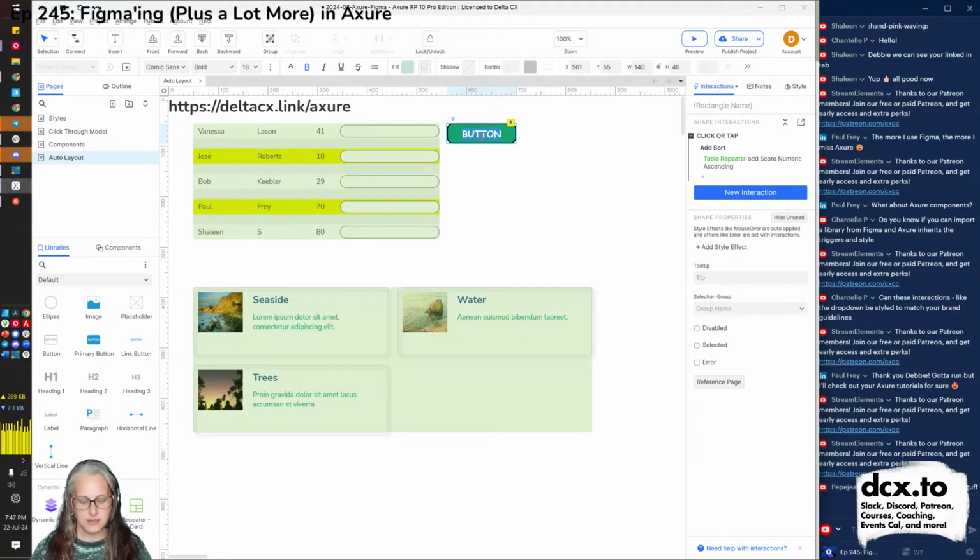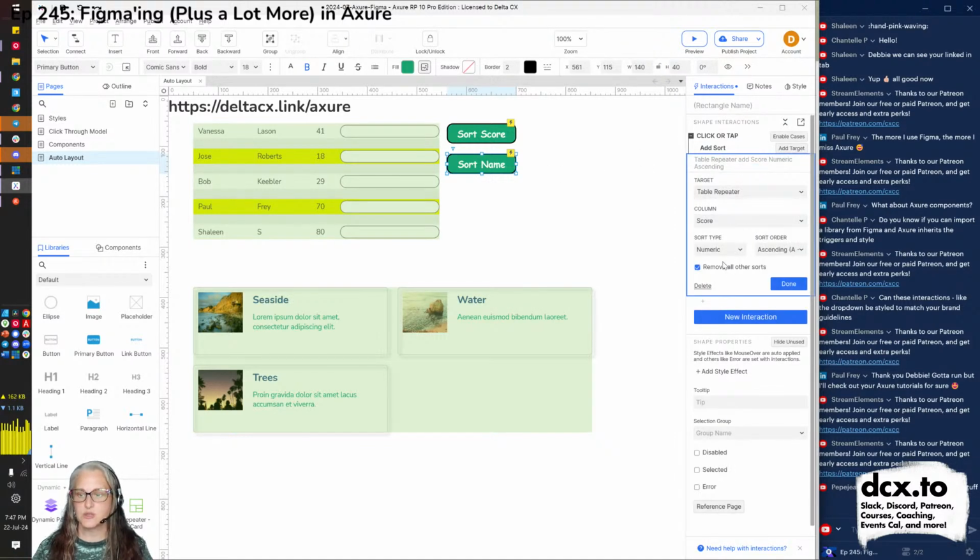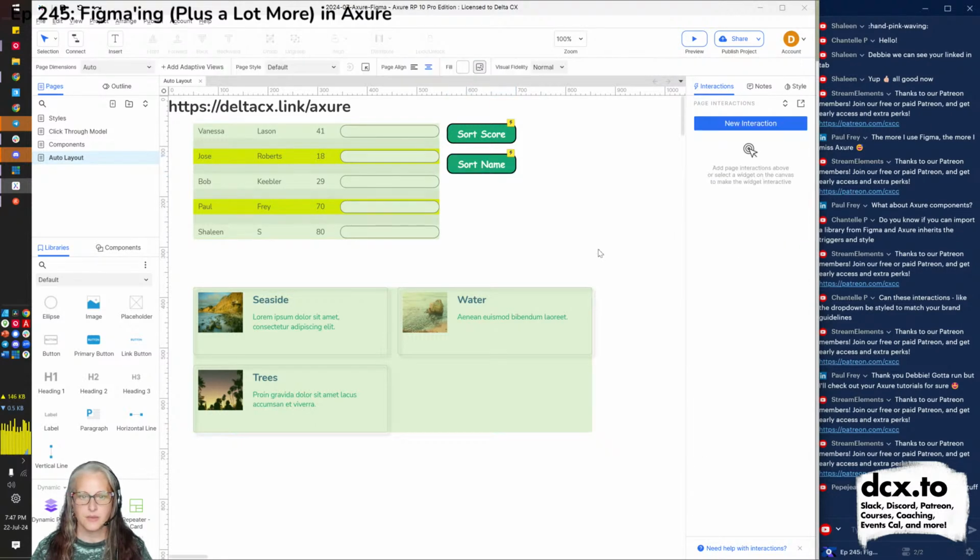So we could say this is sort score. And just for fun, let's do a copy paste. Let's do a sort name. And I'm going to come in here. Now, when we copy paste, we also get the interaction we built. So I just have to say, hey, give me alphanumeric or alphabetical sort, not on the score column. Let's do a first name sort. Go.